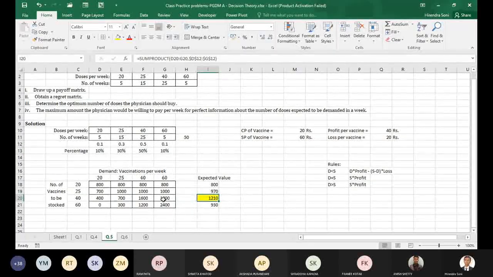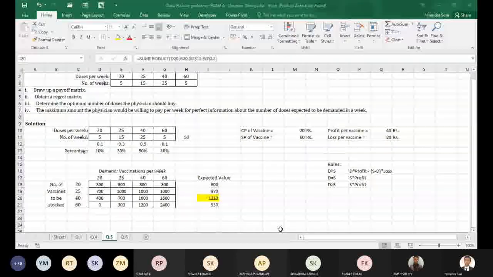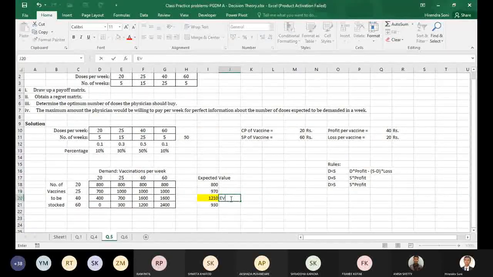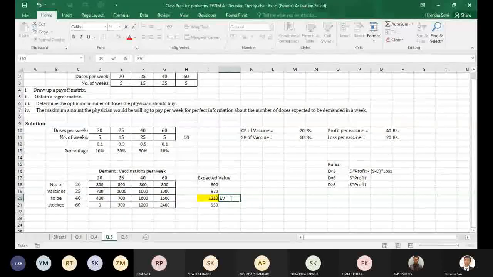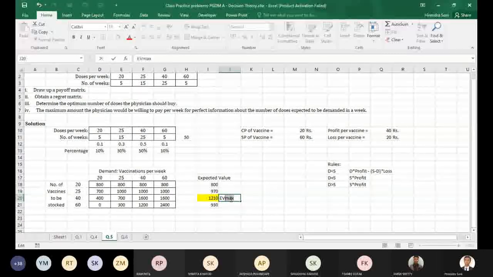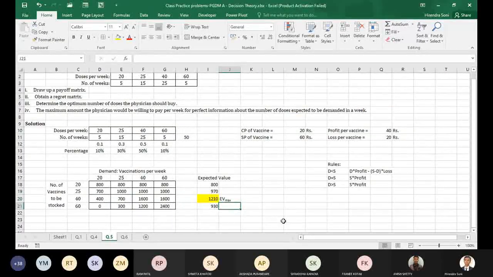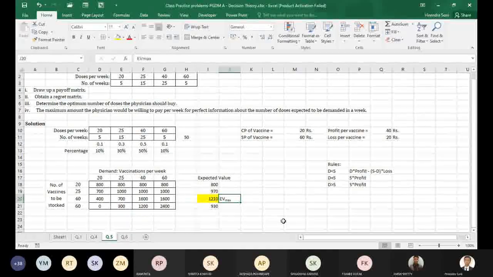So maximum if we take, ठीक है, so उस हिसाब से we should maintain a stock of 40 units. We call this as expected value, maximum expected value, and based on maximum expected value,